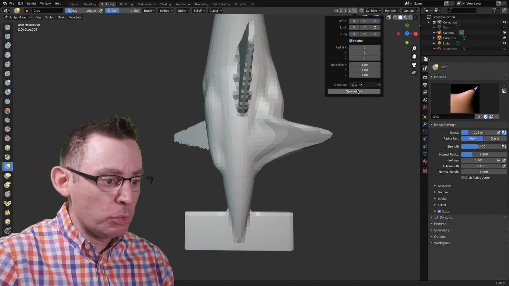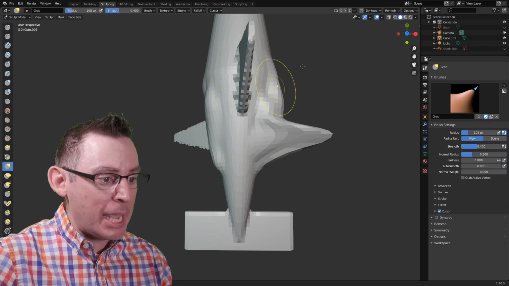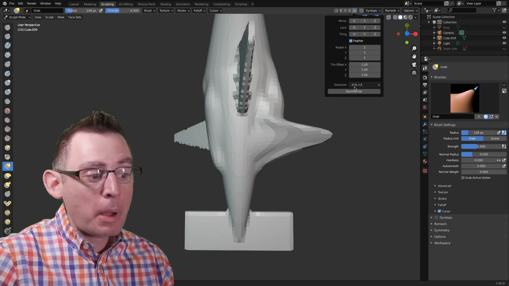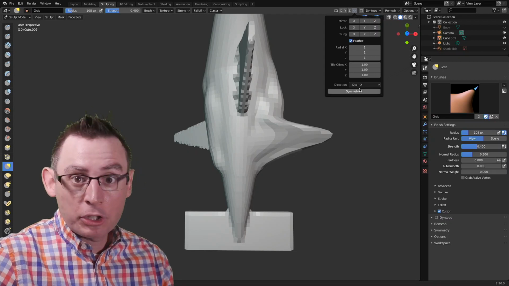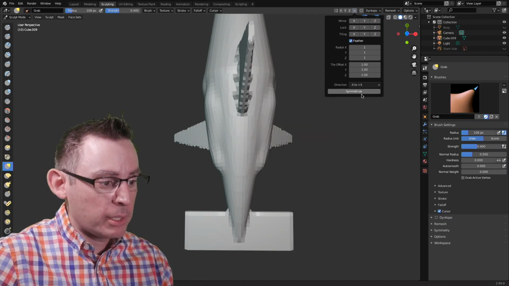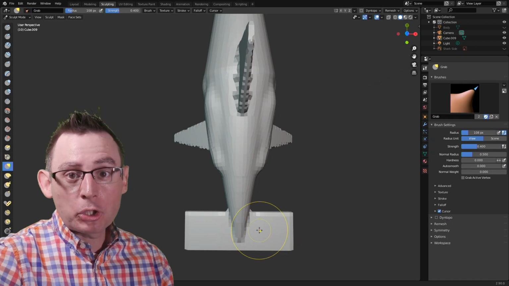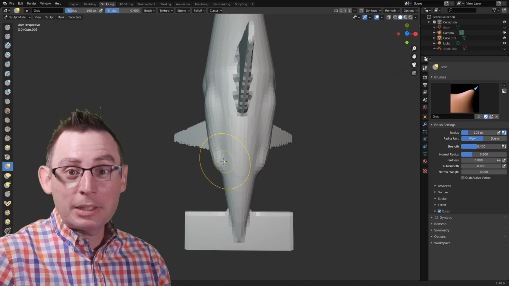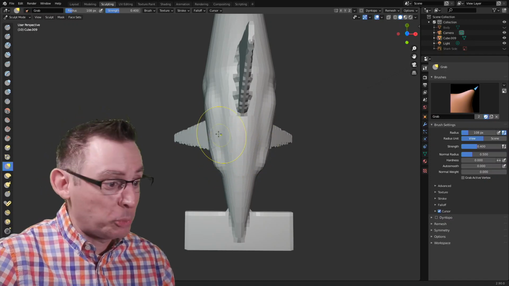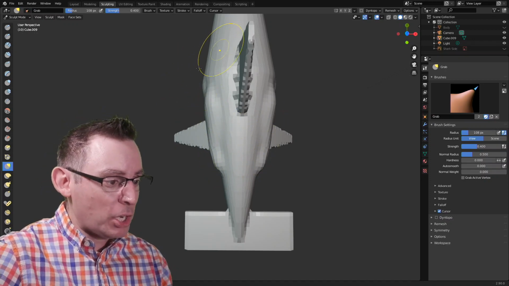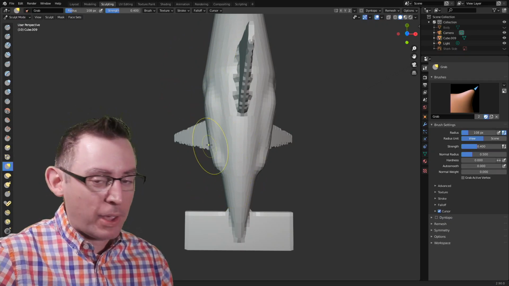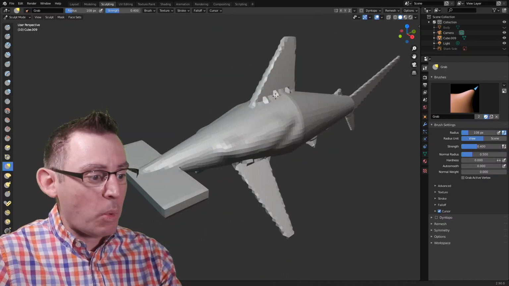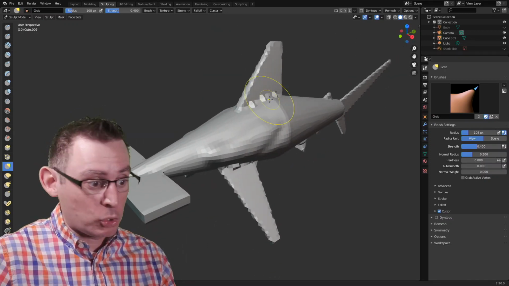If we look at our tools, it's going to take the information on the negative side, see how it says -X, and apply it to the positive side of the x-axis. Let's do it real fast. Let's hit symmetrize, and then voila, mission accomplished. On this side of my mesh, I didn't have that really big, crazy thin thingy that I sculpted with the grab tool, and it looked at all the geometric information on the -X side and applied it to the positive X side. So this is a great way to get your mesh back into symmetry.